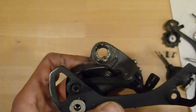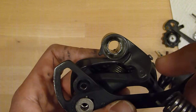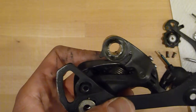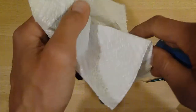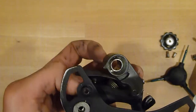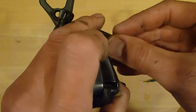Then remove all the dirt and metal pieces that get around when you completed the drill. It's recommended to do this with maybe some kitchen towel or a rag, which you then insert with a small flat-bladed screwdriver. For those of you who have access to compressed air, that would make things obviously easier. Then reinstall the O-ring from the side where the bolt goes into,